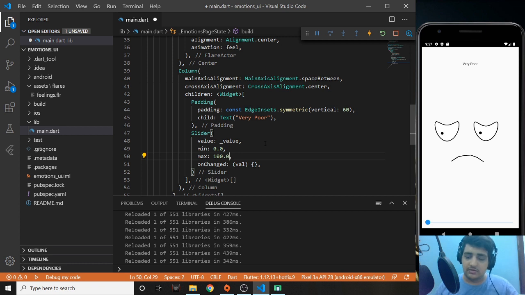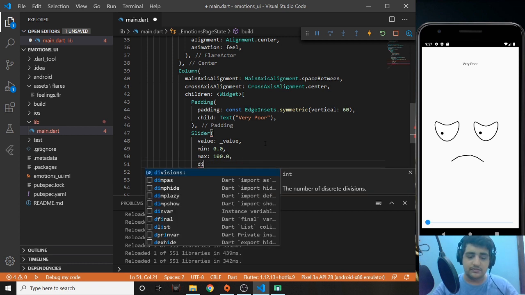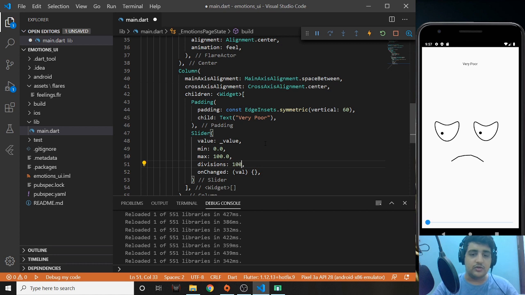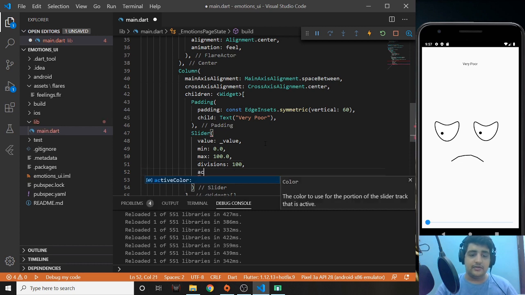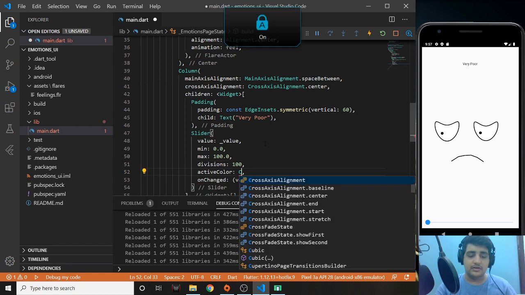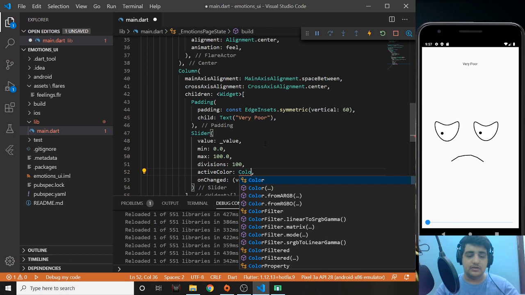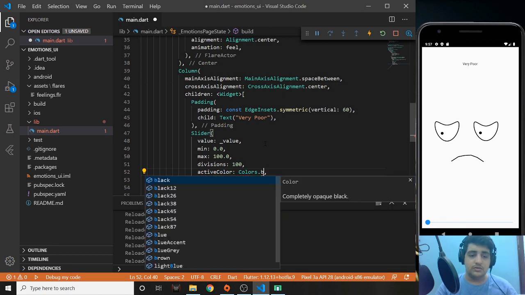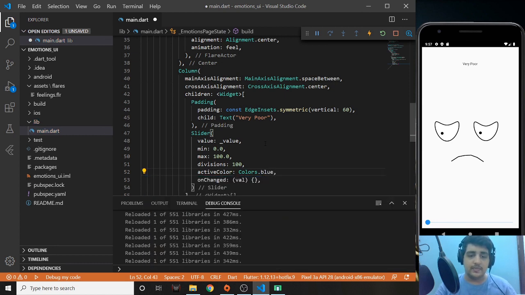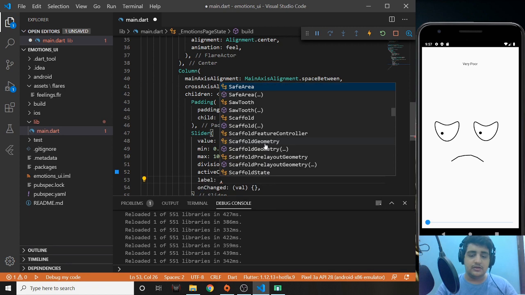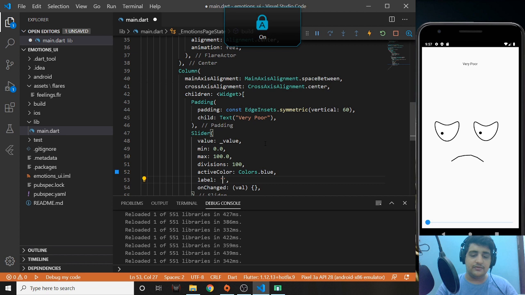Now divisions will be 100, so it will go from 0, 1, 2, 3, 4, not 0.5 or something like that. Active color will be Colors.blue, and a label. Let's give it a label of